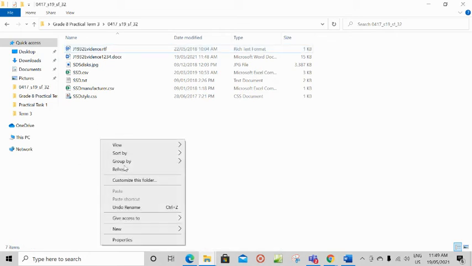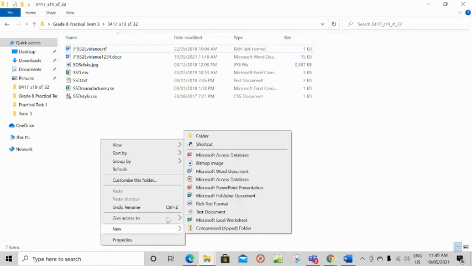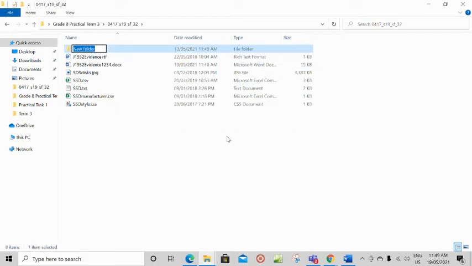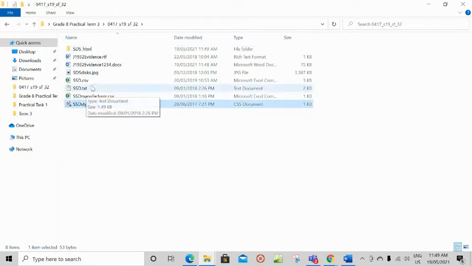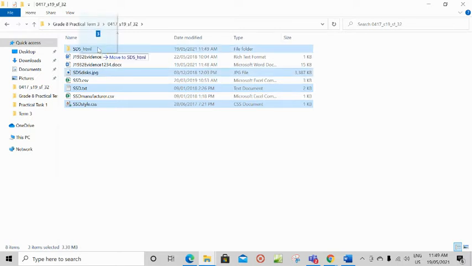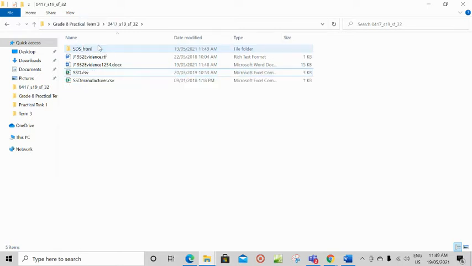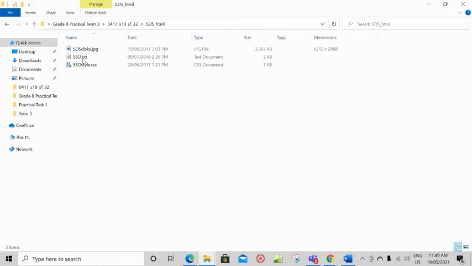In this, make a new folder, right click on the desktop, new folder, sds underscore html, then copy the required files. This one, ssd text, then sds disk. These three files, copy it to sds html. So we have three files here in this folder, sds html, and these are the three files in that folder.